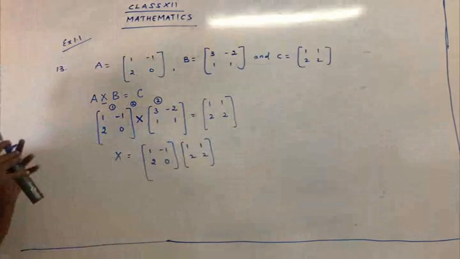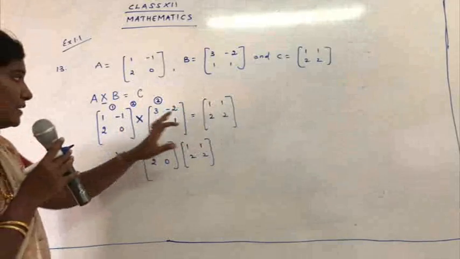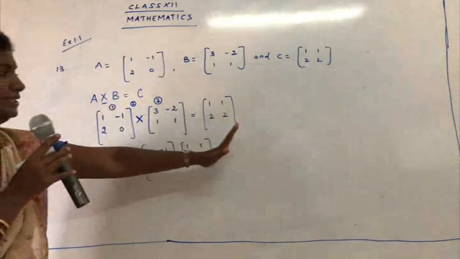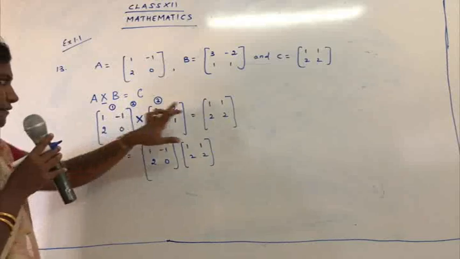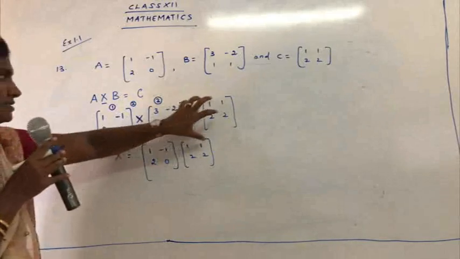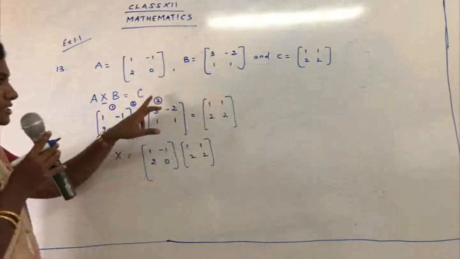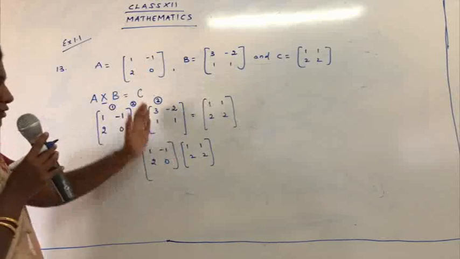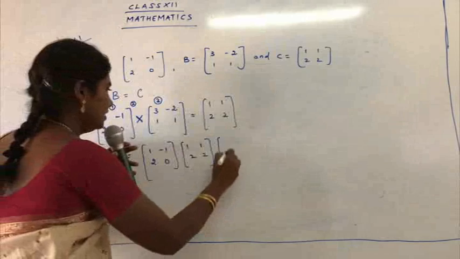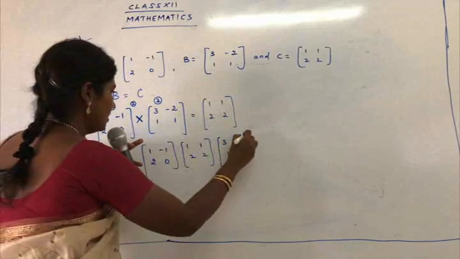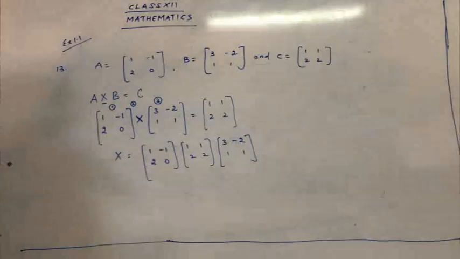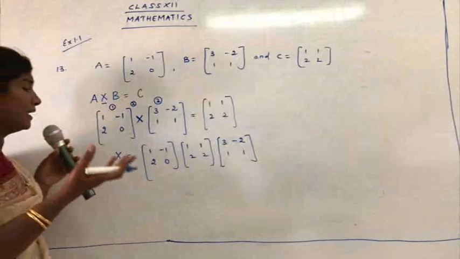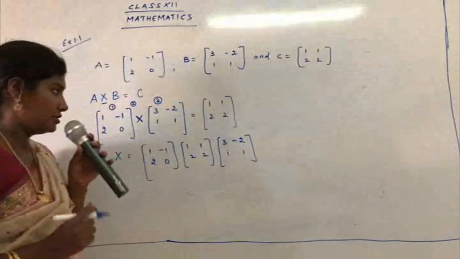Okay, now be careful. Now we have one more matrix that's to be placed on the RHS part. Yes, that's 3 minus 2, 1, 1. So where is it going to go? To the third position. See, the first one goes to the first one. Second one, in place of second, we are just writing what was present on the RHS part. Now the third matrix, that is 3 minus 2, 1, 1, was in the third position. So it goes to the third part. So this is 3 minus 2, 1, 1. Okay. So now I hope the placement is clear to you. So be very, very careful with the placement. That's very important. Once you place the matrix, automatically everything goes in a proper way.